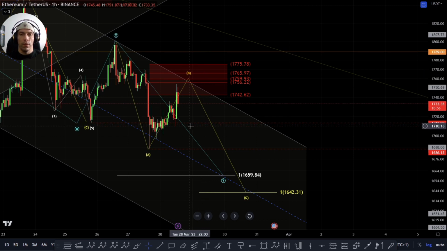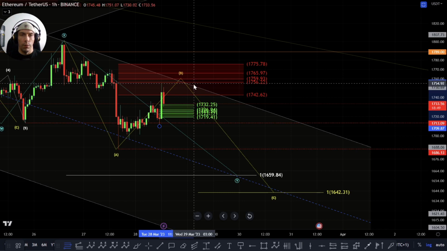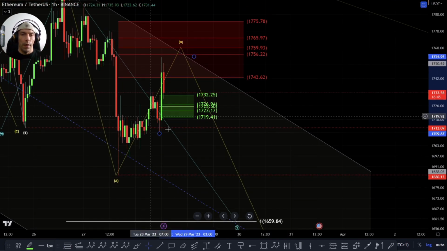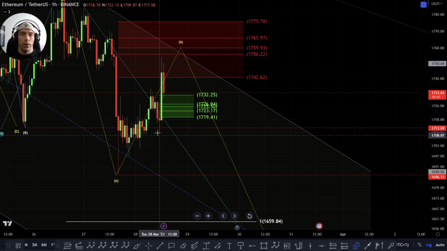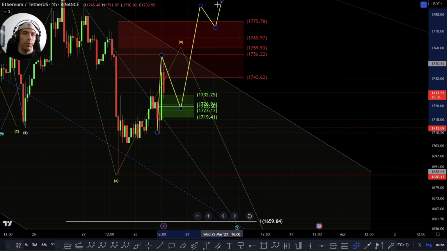But we really need to hold this 1710. And what I would want to see here, basically, if we're looking for that bullish standpoint, is to not actually come below this 1719 area again. I'd want to hold that and then be looking at this potentially looking to extend out where this becomes a 1, 2, then we get a 3, 4, 5 up here, and then we have some internal waves which are